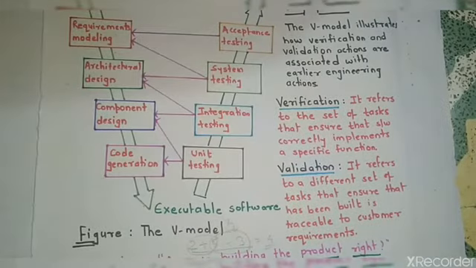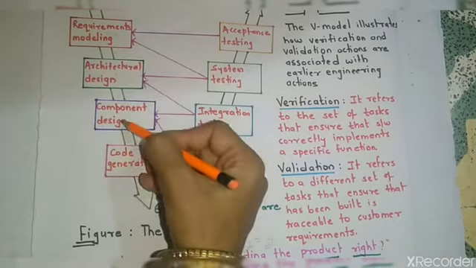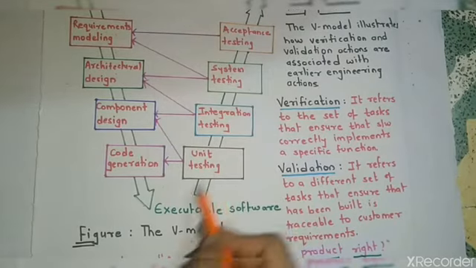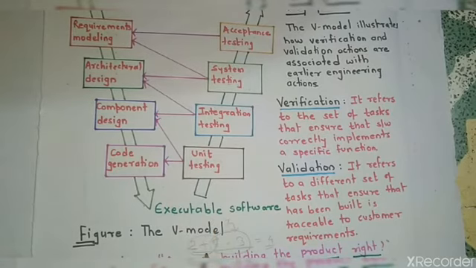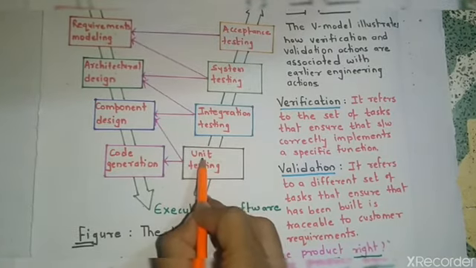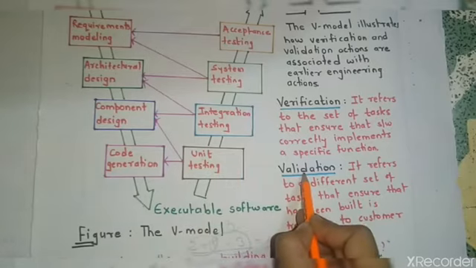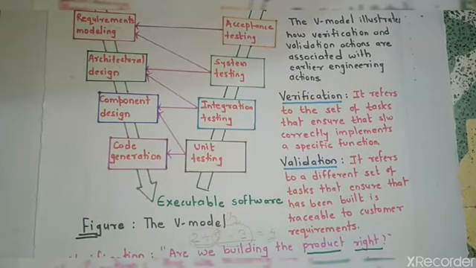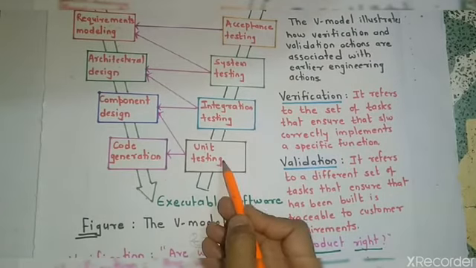Now in short, if we say what is verification, then verification is, are we building the product right? Are we building the product right by reading it, by having review on it? And validation is, are we building the right product? Here I have got the product. This addition module was the product which I had ready with me. So after performing unit testing validation, I will ensure that whatever I have developed is the right thing. So here testing is coming into the picture.